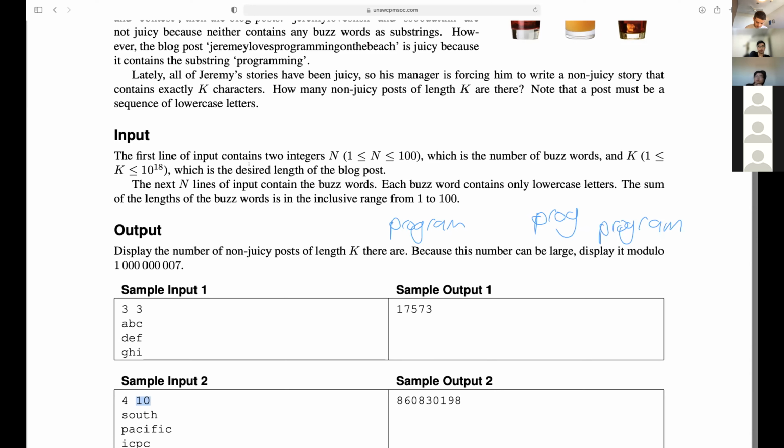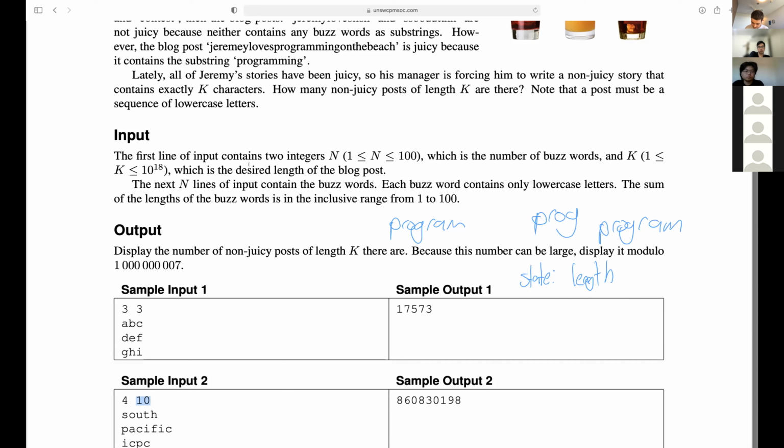So we might want to have a DP solution. Let's consider a DP solution where you build up your string one character at a time. Your state could be the length of the string, and the answer is how many strings there are that start with this length, and the rest of the K characters are filled with letters and don't have any buzzwords.